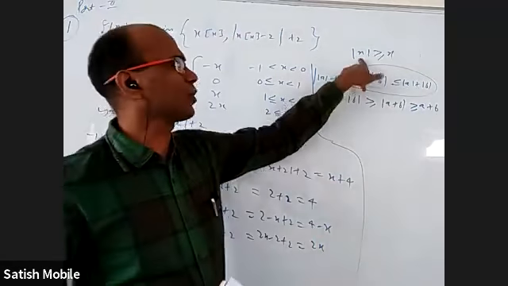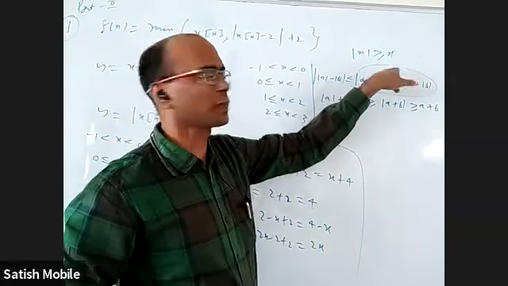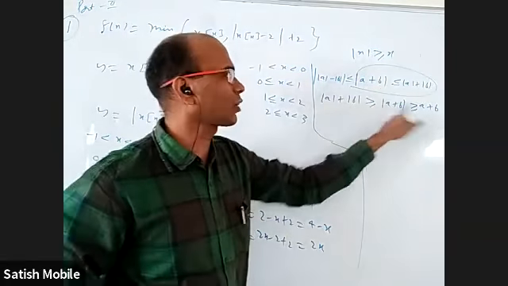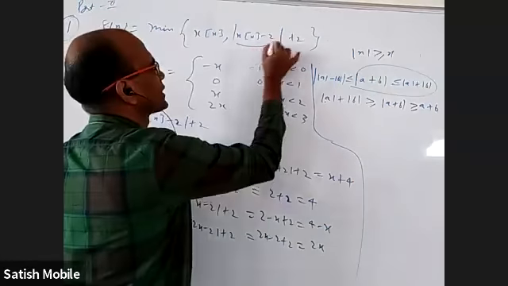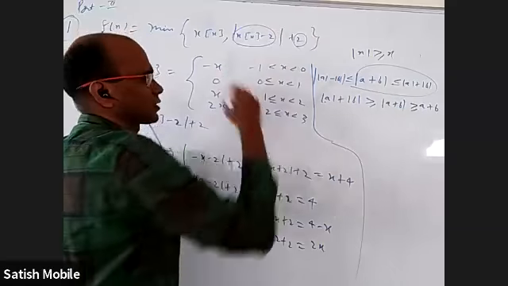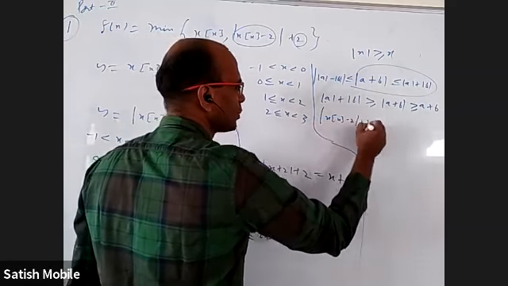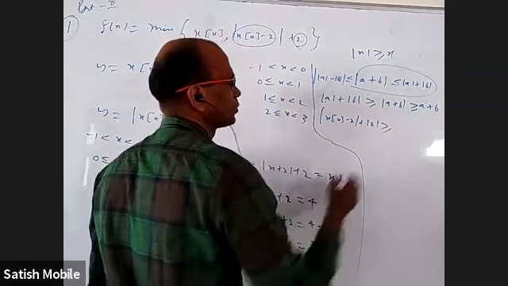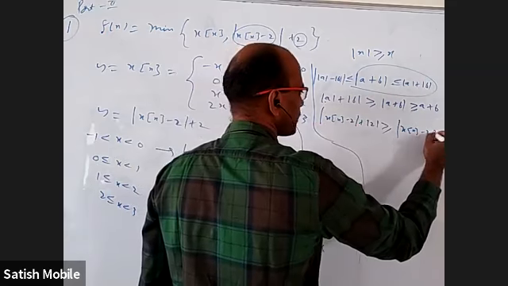If x is positive, mod x is equal to x. If x is negative, mod x is positive, x is negative, and a positive number is bigger than a negative number. So nothing wrong in writing mod x is always greater than or equal to x. Now in the place of a, I'll take this. In the place of b, I'll take this. Mod of x into integer part of x minus 2 plus mod 2 is greater than or equal to mod of the sum of these two, which is x into integer part of x minus 2 plus 2.